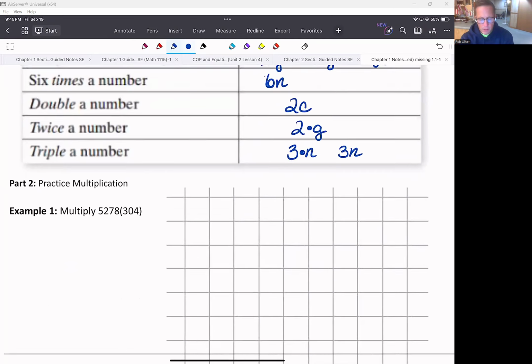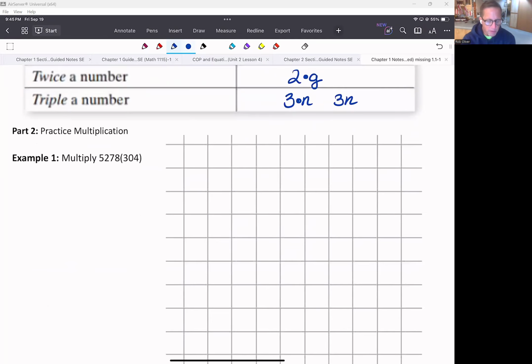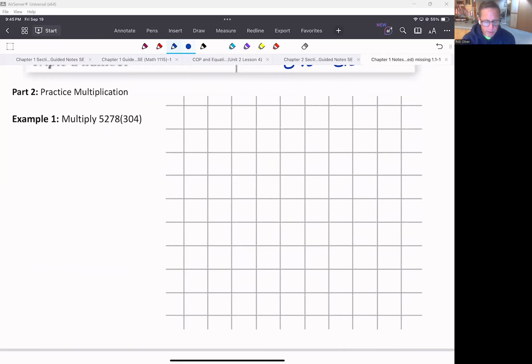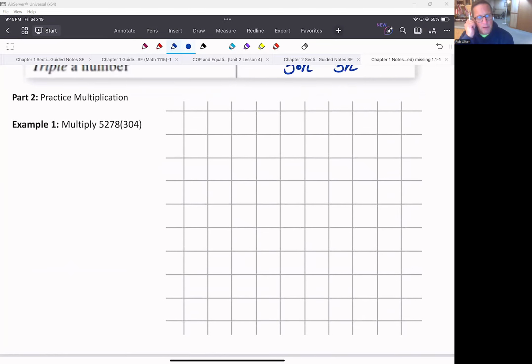Okay. For part 2, now practice multiplication. So right here, now I just have a grid here. When I do this in class, this is the way I learned multiplication. My teacher gave us kind of a lattice, or it's not a lattice, it's called a matrix. And you just put the numbers in there, you line them up by place value, 5,278, and you're multiplying that by 304,